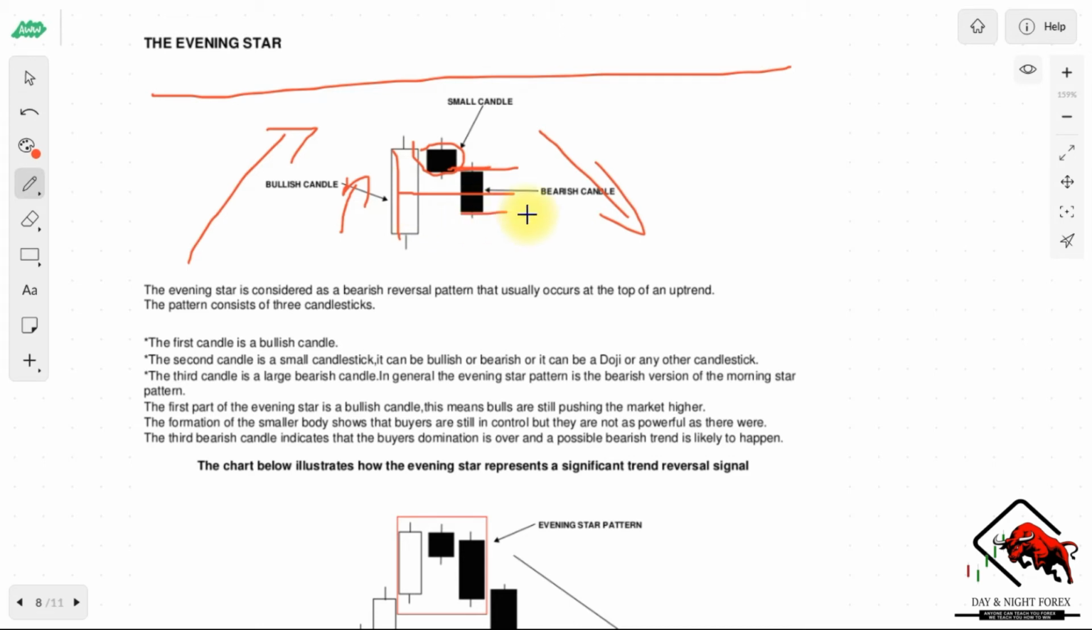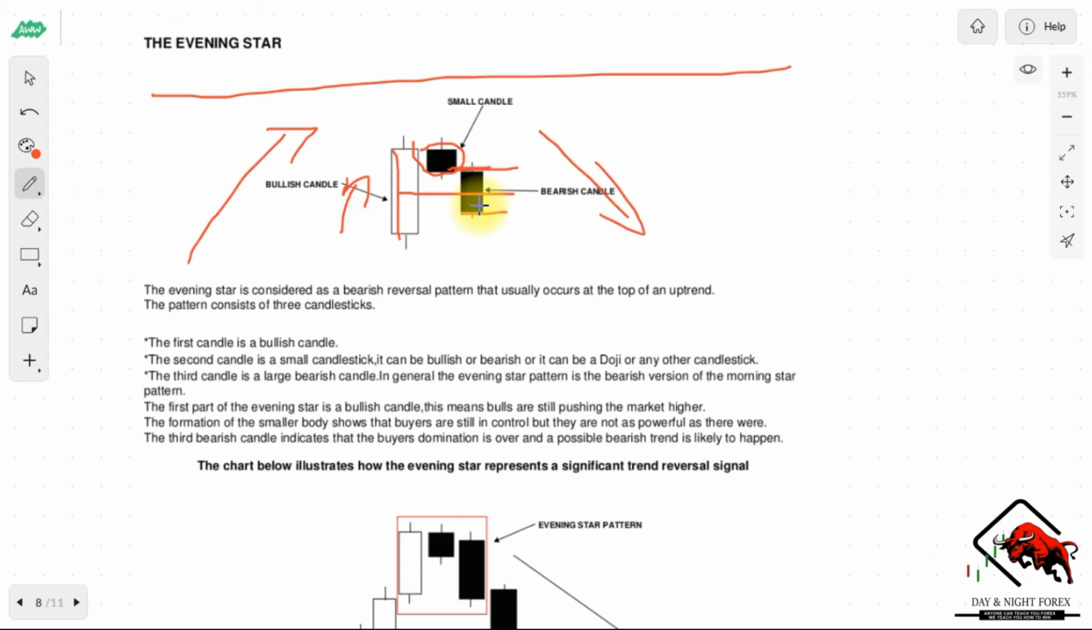So as you can see, it's confirmed. It closed below the midpoint of that candle, confirming that it's a complete evening star formation that we are looking at right now. So the evening star is considered a bearish reversal pattern that usually occurs at the top